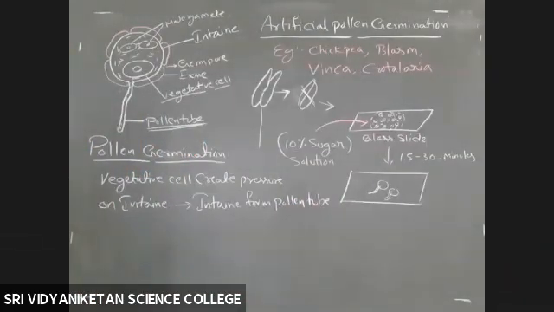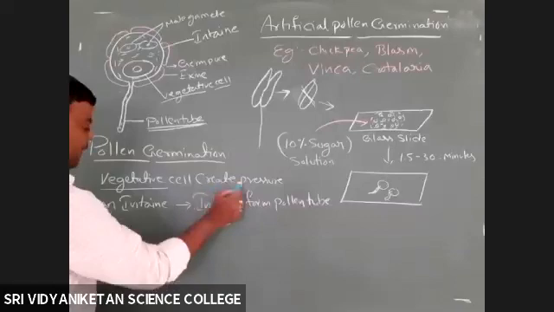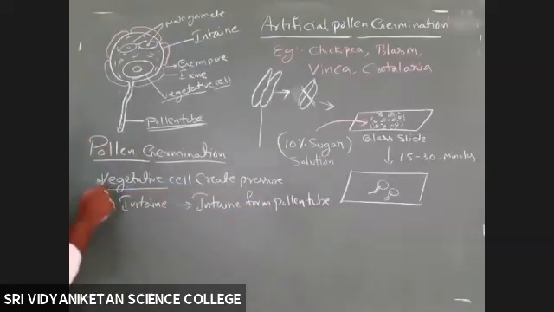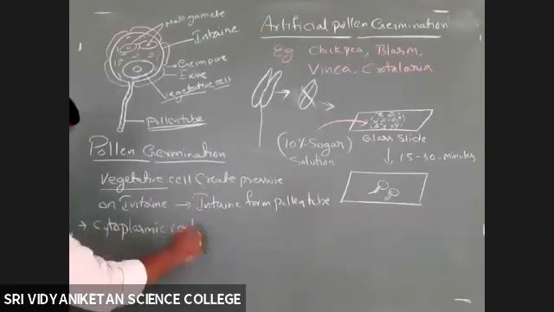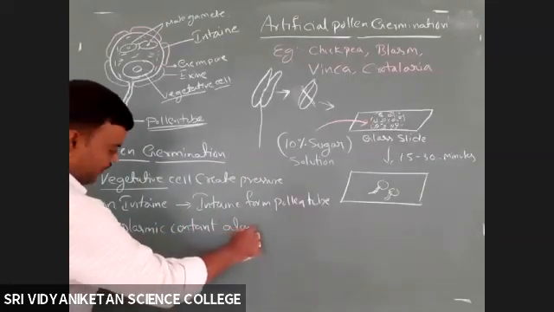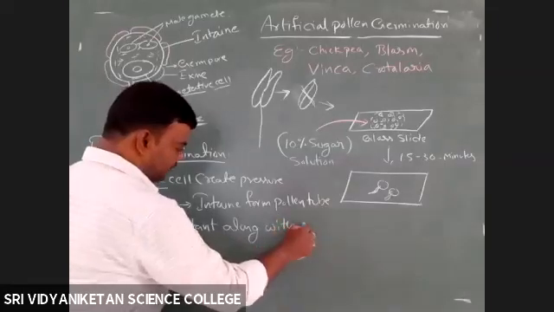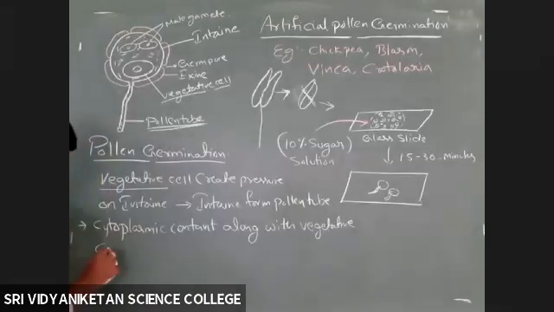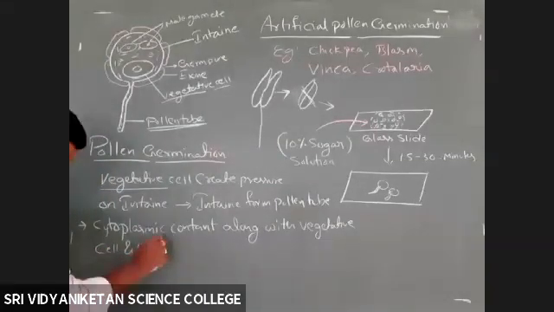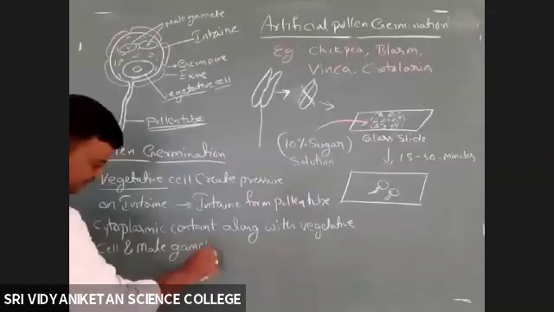Whenever the pollen tube is formed, remember, the vegetative cell, by creating pressure, forms the pollen tube. That's why the vegetative cell is also called the tube cell. After formation of the pollen tube, the cytoplasmic content, along with the vegetative cell and male gametes, enters